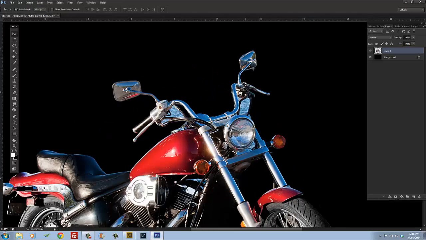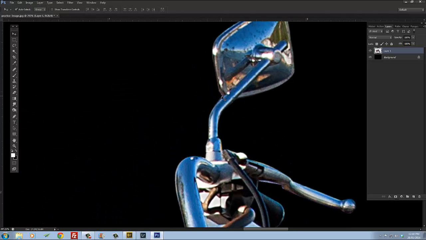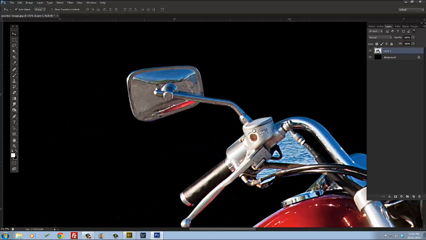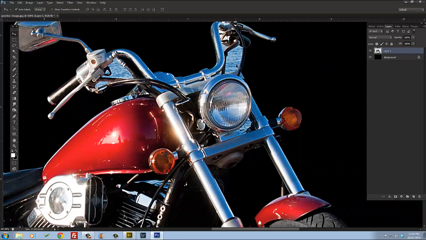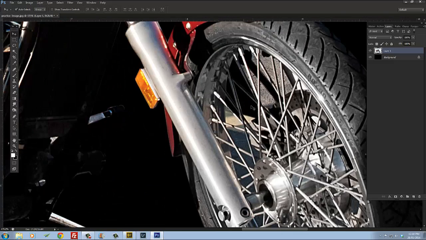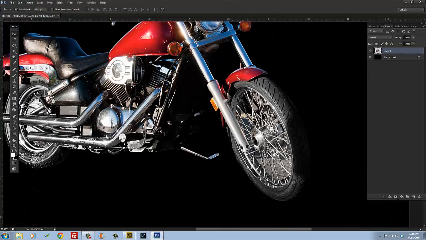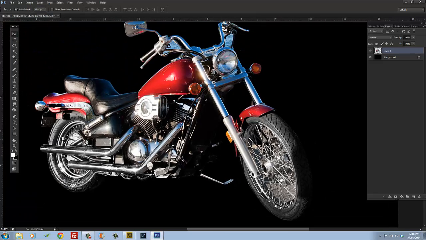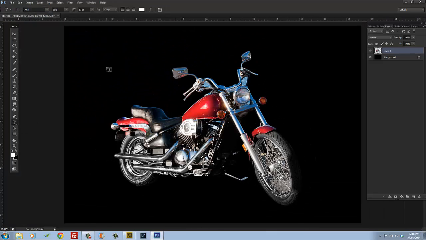And there you go. You've got this super nice, tight, clean selection around your object. There's none of the background showing. Again, I didn't select all these little areas in here because I wanted to get through it fairly quickly, but you'll see where I made the selection inside the spokes is all gone. And that's the idea. That's the name of the game, is to get everything in the background gone so that if you wanted to put something in the background, like perhaps I wanted to put,